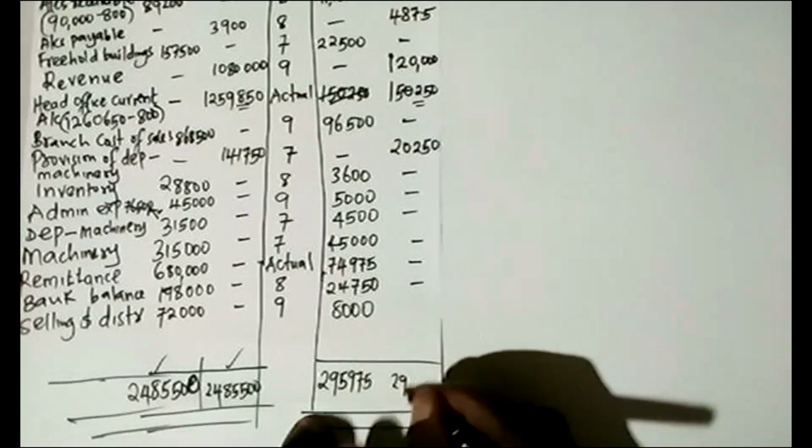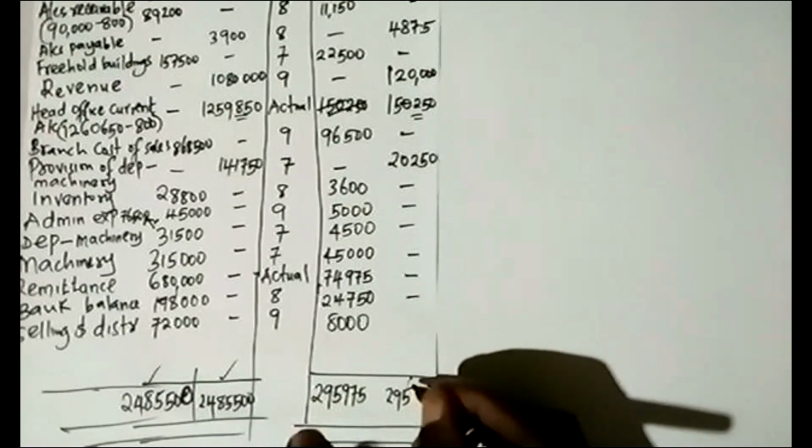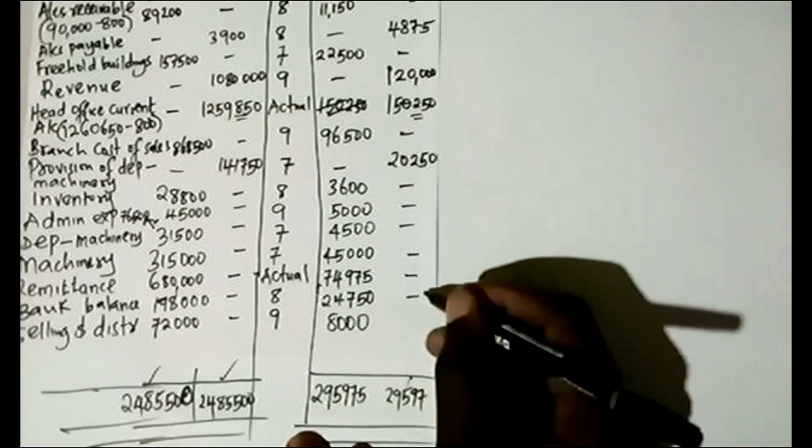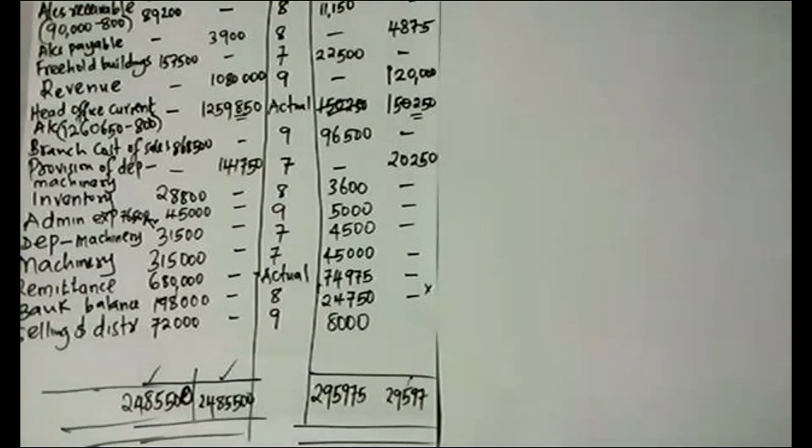So it's supposed to be 295,975. But now this side, I can see if I use the calculator,